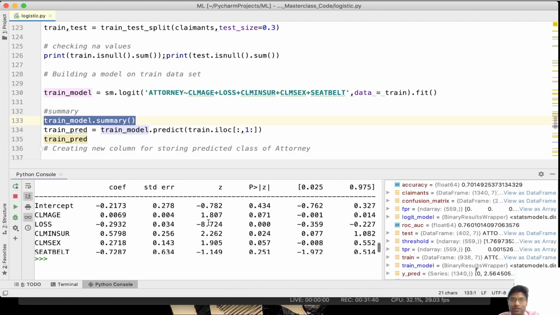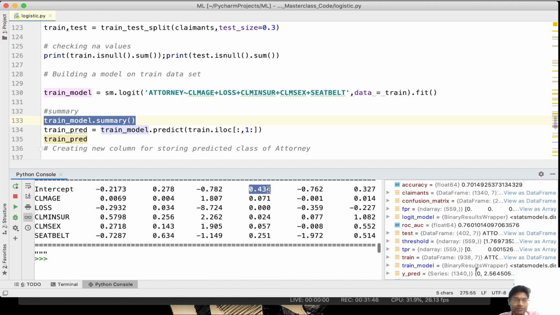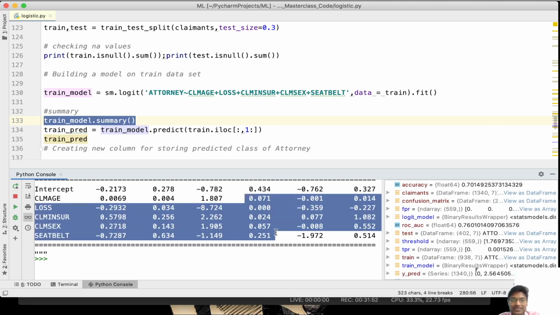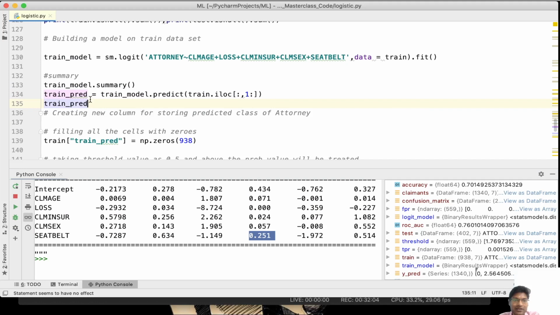If I observe the p values for all the variables, except the intercept, which does not matter, we need not observe the p value for the intercept. But for the remaining features all are less than 0.05 or almost near 0.05. Only seat belt is still higher, but we are not interested in correcting the seat belt p value, either removing it or making some other test. So we will have it as it is for now.